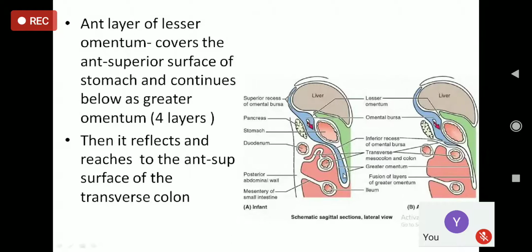Okay. And as we discussed yesterday, the greater omentum has 4 layers: 1, 2, 3, 4. So 1 continues as the 4th layer and 2 continues as the 3rd layer. So these are the folds which are forming the greater omentum. Here we can see the bluish one, the greater omentum. Then it reflects and reaches to the anterior superior surface of the transverse colon. So if it reflects like this, it reaches to the transverse colon,